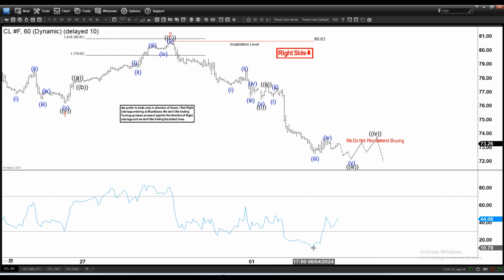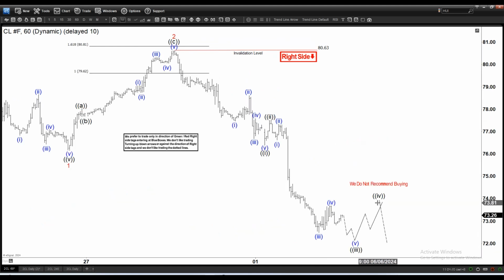So again, if we just focus on the shorter cycle, you can see here the low here is at the strongest RSI, so this is not the end of wave 5 for sure. So we can say right now that we should continue to see further downside in the shorter cycle at least, and any rally therefore should continue to fail for further downside to complete at least 5 waves down from the peak here. After we complete 5 waves down, that will only end the wave 3, and then we got a wave 4, and then one more low again, wave 5.